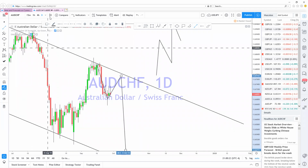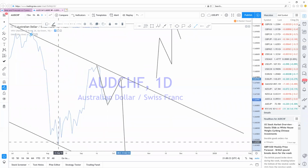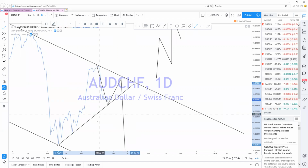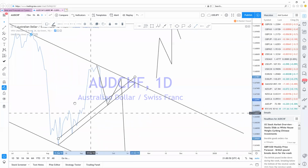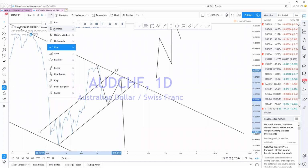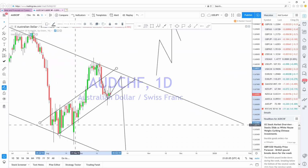So look at how, if we go to the daily, as this was trending up, it had to make some type of trend. So look here, check this out. The line chart says it was trending up. Oh my gosh, look at that. I'm going to clone this line yet again and just drop it here. Now I've enclosed price. This is why I like enclosing price in, because look, the same pullback is the same